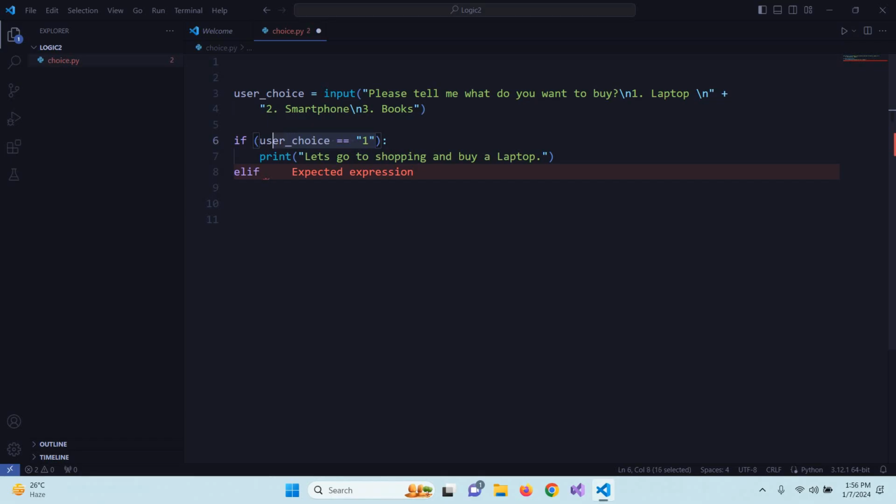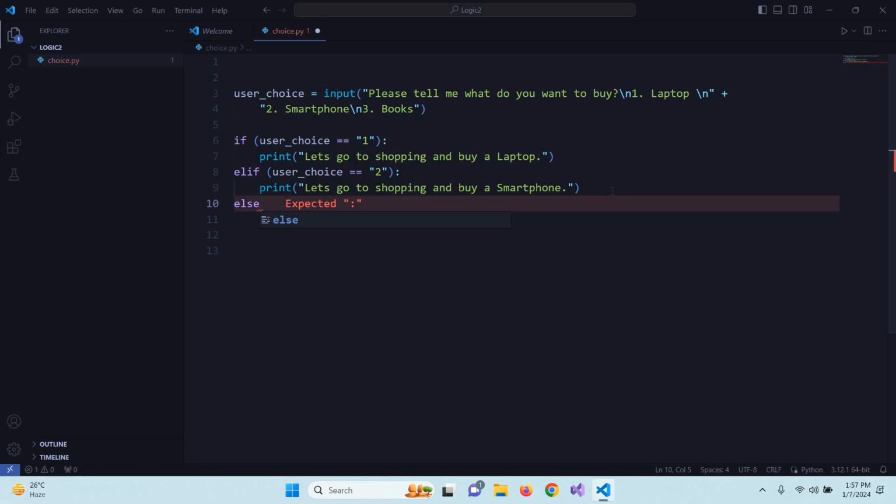We can add more conditions using this keyword. If user choice is 3,